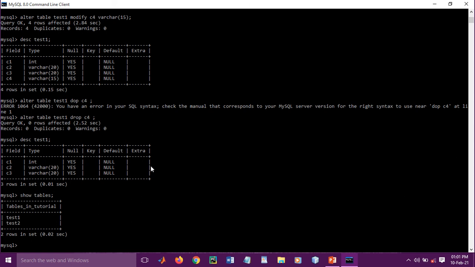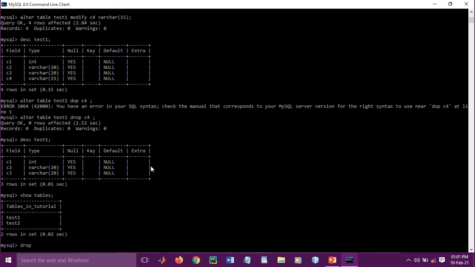Suppose we want to delete a table, we can use the drop command. It is highly recommended not to use the drop command until you confirm that you don't need that table or you want to delete it. Use it at a very precise level.